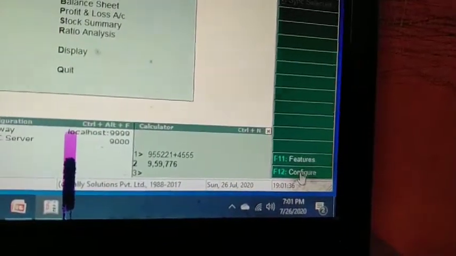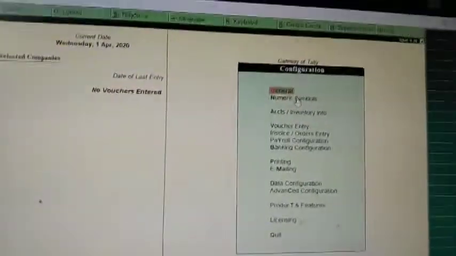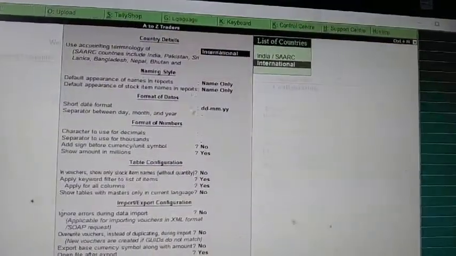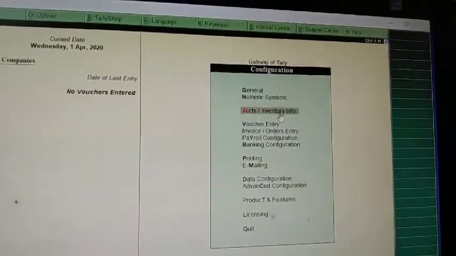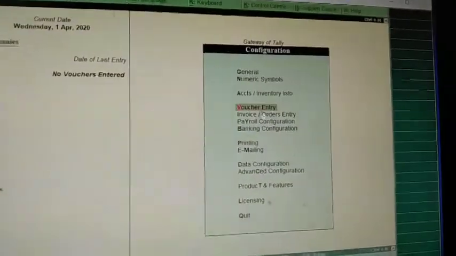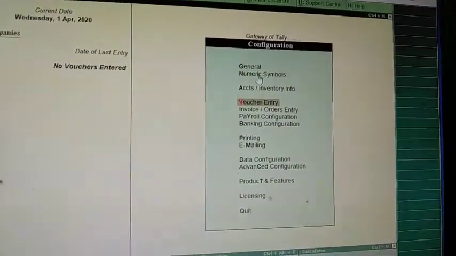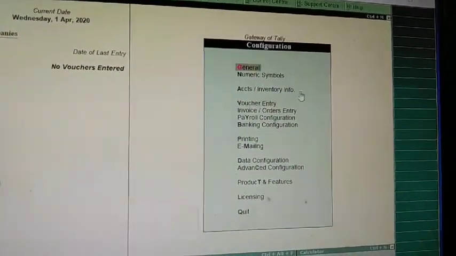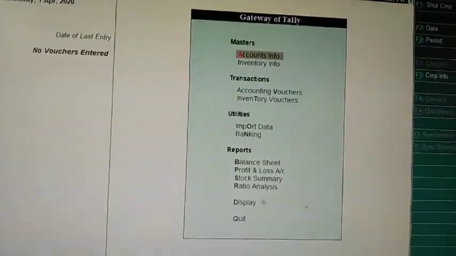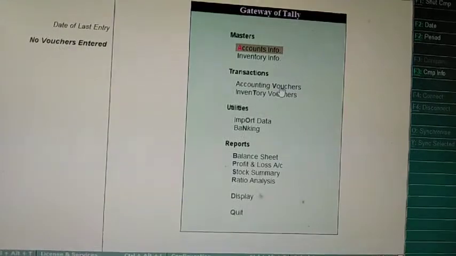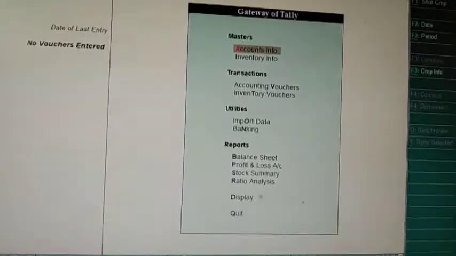For example, if you have to maintain accounts in single entry mode or double entry mode, you have to configure it here. In the field where the configuration has to be changed, there you press Configuration.